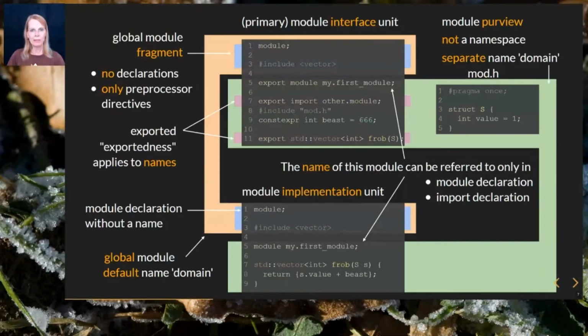Then the module declaration has the export specifier at the beginning. It's the so-called module interface translation unit. Each module has exactly one. By prepending a declaration with an export keyword, the declaration is made available to the outside of the module. Other translation units that import this module can then refer to the exported name.